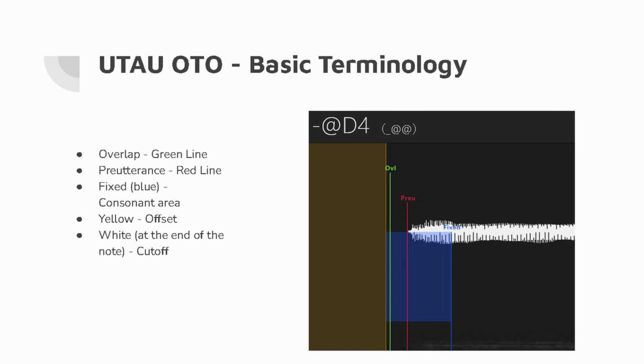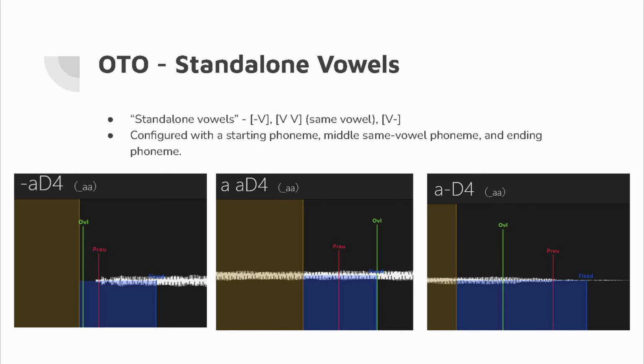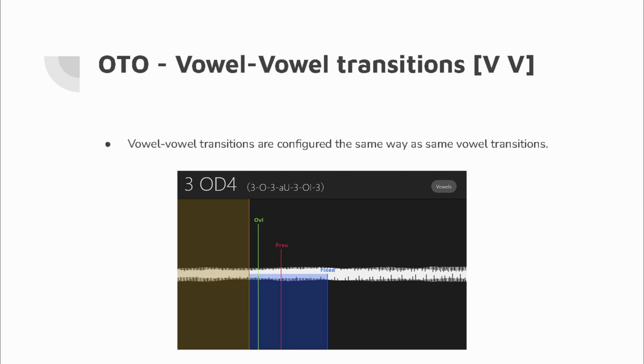So standalone vowels are pretty much OTO'd the same way as standalone vowels in Greyglish, though they're aliased a bit differently. Instead of using the underscore, just the vowel copied twice with the space is what is used. So it should appear pretty much the same way as it does in 1.0. Now, vowel-vowel transitions are configured the same way as they are in VCV or anything that uses those kind of VCV vowels, so that is unchanged from 1.0.